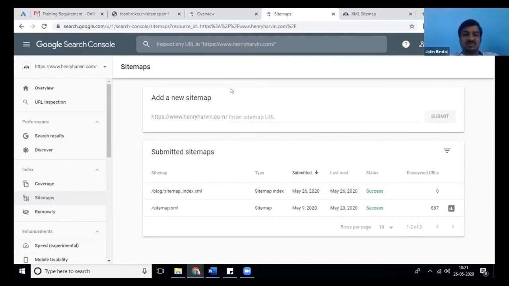Ask your developer that whenever you delete a page, it should be deleted from the sitemap, and if you create a page, it should be added to the sitemap automatically, so that you don't have to generate or delete a sitemap every time. Is that clear to everyone?